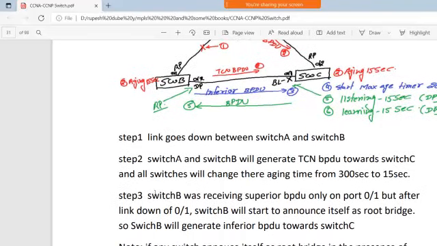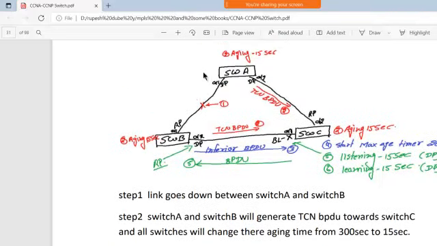Now, step 3: switch B was receiving superior BPDUs only on port number 0/1, right? Before that, it was receiving the superior BPDU because that port was its root port, and that switch was our root bridge, right?